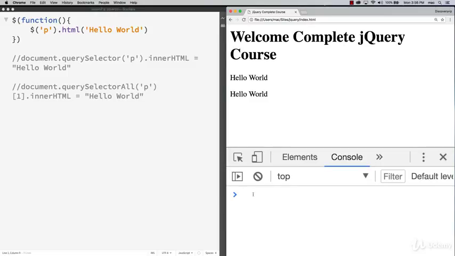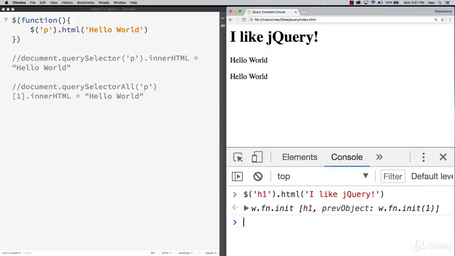So now that we've already replaced those, let me show you the solution for replacing that H1. So all we need to do is make our selection. So we need to have a way to identify it. If we have more than one, then there are also ways in jQuery to do this as well. So just as we did query selector all, we can do something similar in jQuery. But if we just want to replace that H1, we only know we have one of those. So this is really simple. And we can say, I like jQuery, and we'll put an exclamation mark there at the end. So there we go. So go ahead, try this out for yourself, and you can see how easy it is